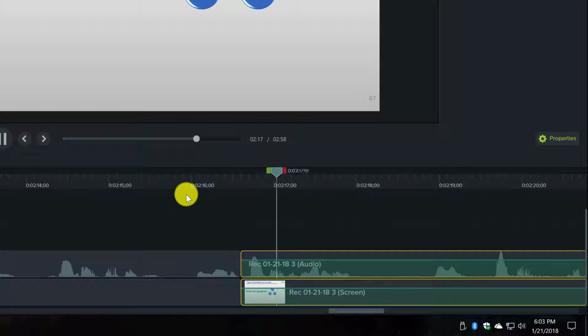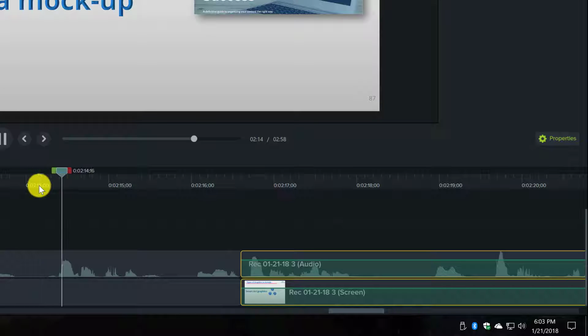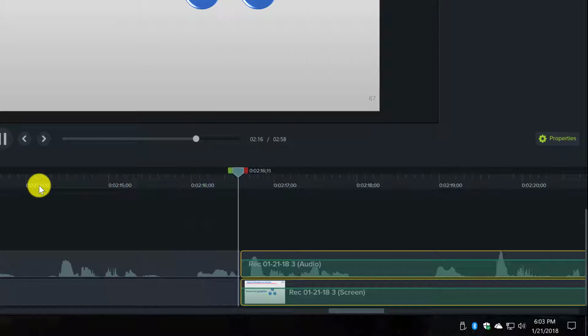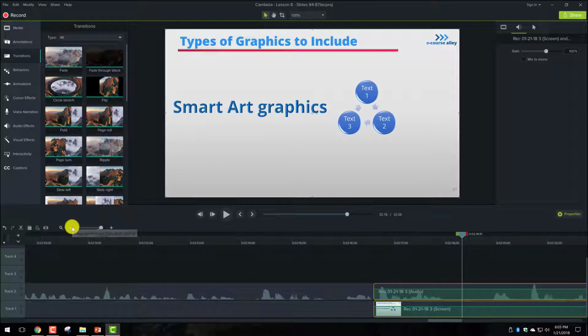In Word or PowerPoint is another one. Let's just hear that from back here. Smart Art Graphics in Word or PowerPoint is another one. Sounds okay, so we can leave that. And then the last one here is a bit more of something I have to do. I'm just going to zoom out